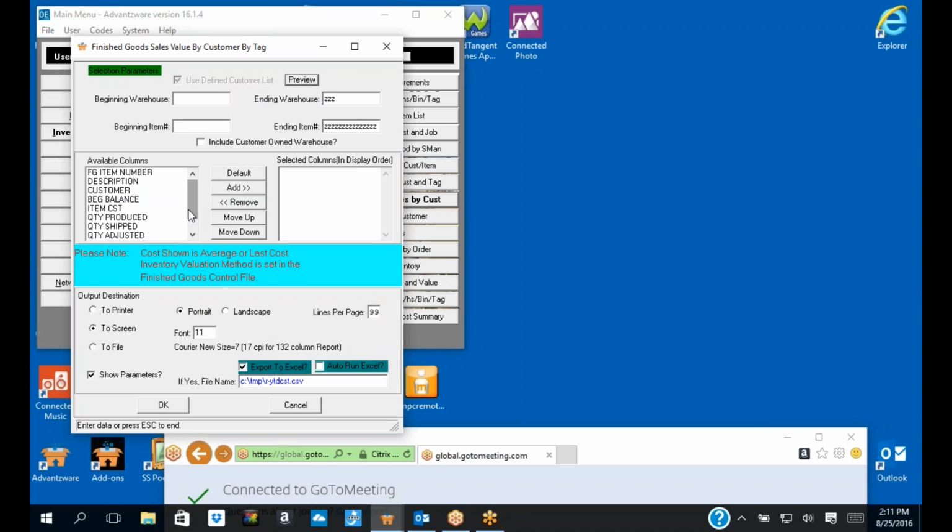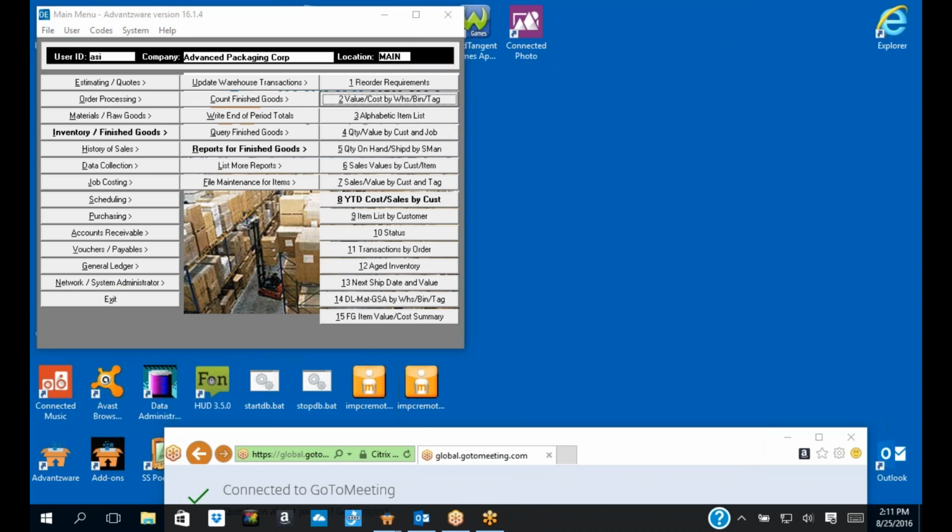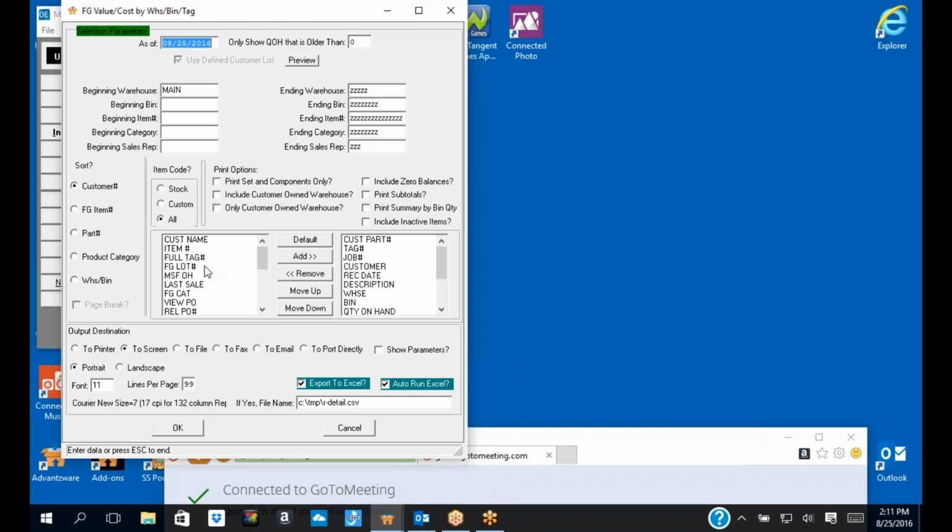Now all of our reports can have a report writer option. And you'll notice you've got these two columns you may not be familiar with. If I just click default, this is my default report, and I can also go directly to Excel. I'm going to go strictly to the screen. I didn't pick anything, but you can customize your reports. In this example, you can see all these extra fields are available on our on-hand report, but I've only picked these specific fields. And for instance, if I wanted to move the customer number up or down, I can move that up or down. And then when I print,